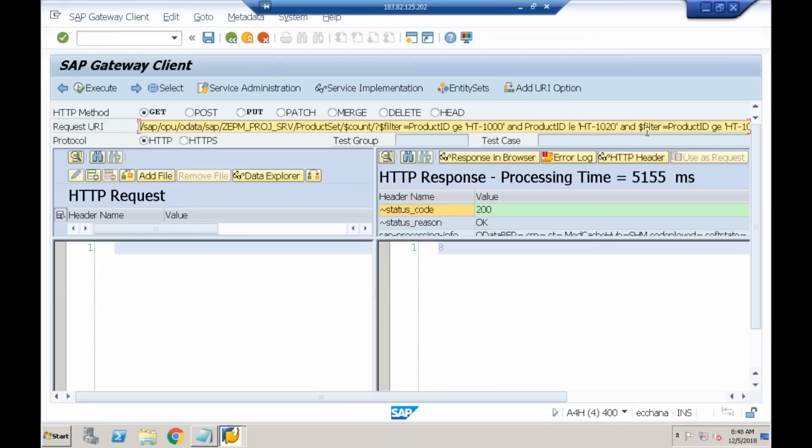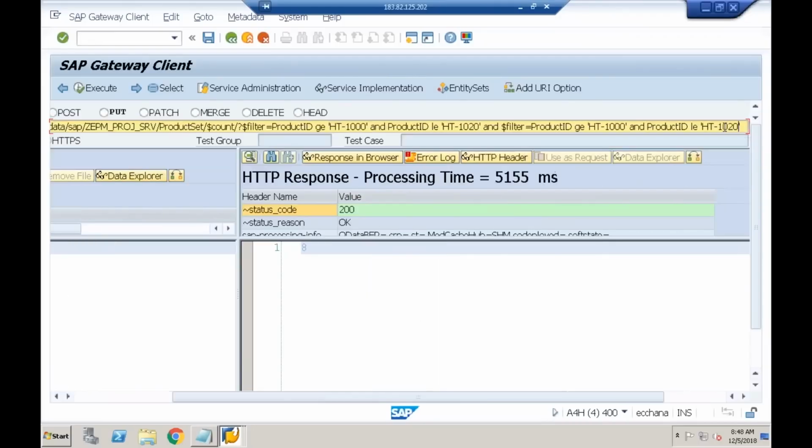Okay, so again I said $filter is equal to product ID, let me give it as 1030 to 1040. So I'm trying to give the request like this. Let me check whether it identifies this syntax or not. I'm just trying to do some R&D kind of thing. I'm trying to give multiple ranges. So when I execute,